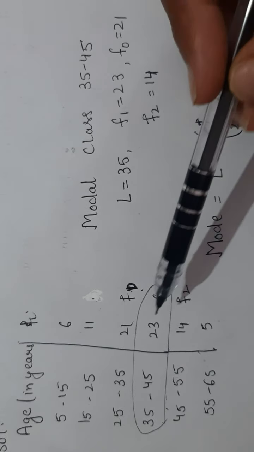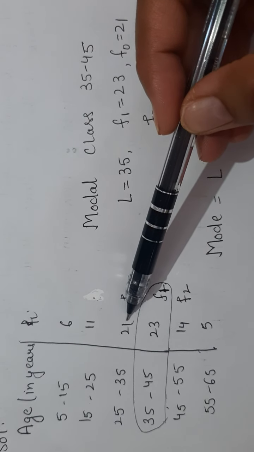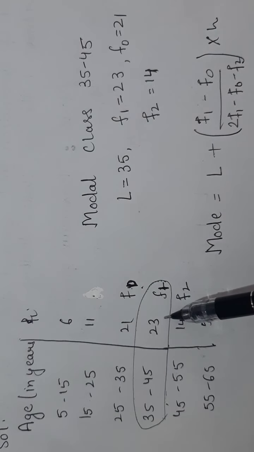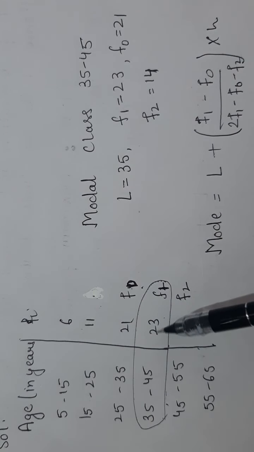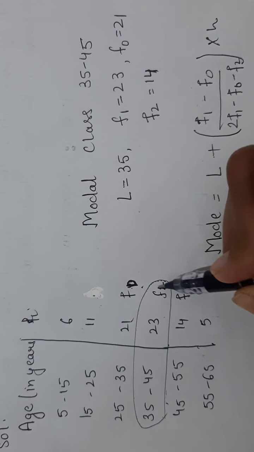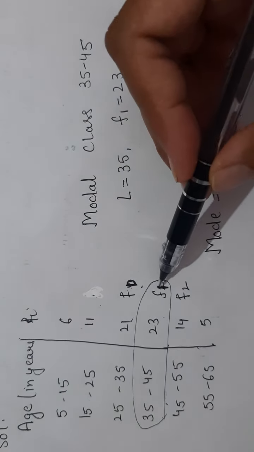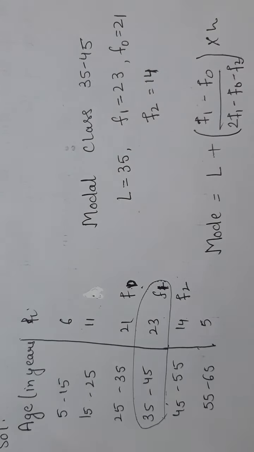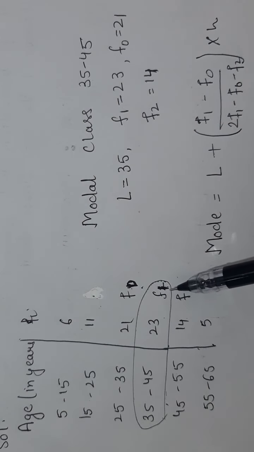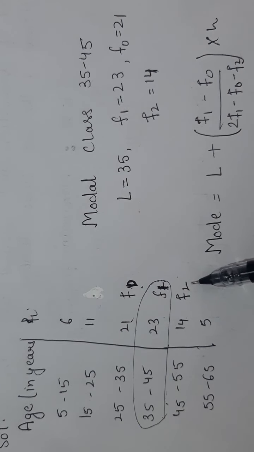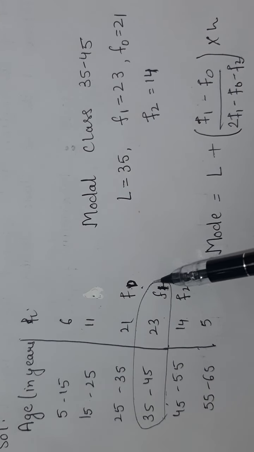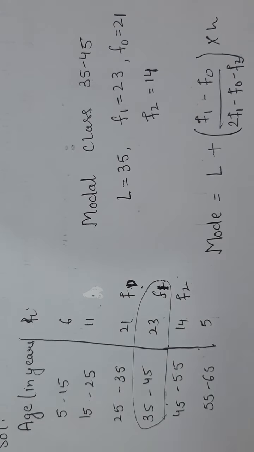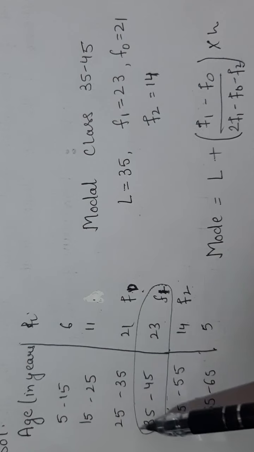The preceding number will be known as f0. This is the modal class because this number is the highest, and we are going to consider this as f1. Upside it is f0, downwards it is f2. Now I hope you are clear with f1, f0 and f2. What do we select first? f1, then f0 and then f2, right? And this is known as the modal class.